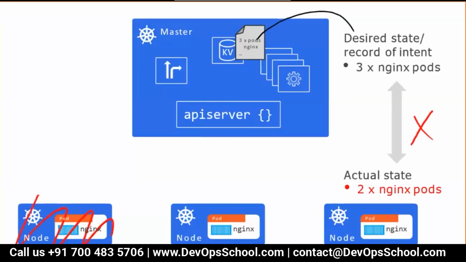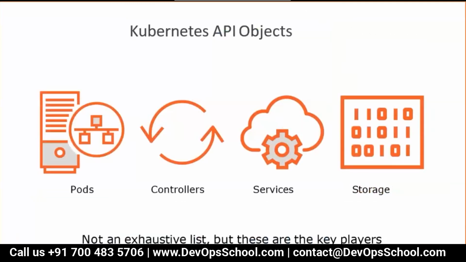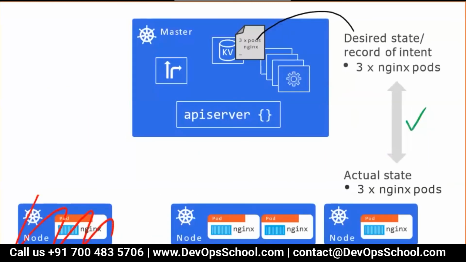Hey scheduler, please schedule the 1 pod. Scheduler will say, okay, no problem. Let me schedule this. Let me find out whose node is having the CPU resources available. Let me schedule the work to that node. Kubelet received that request from the scheduler, one of the node. And you know that. 3 pod, that was a request. That is actual. Now it's in match. Everyone is happy.